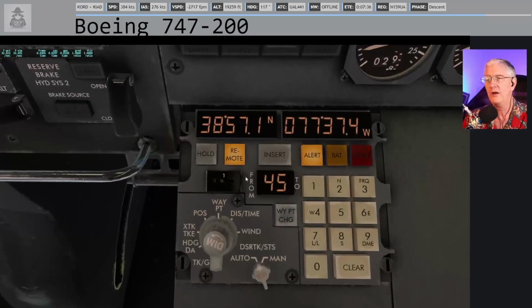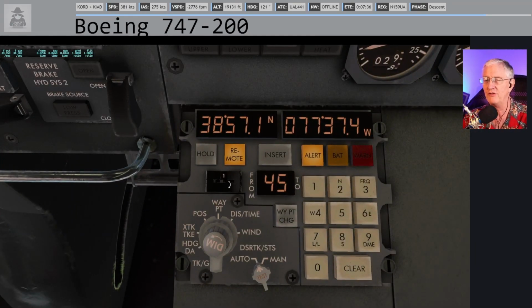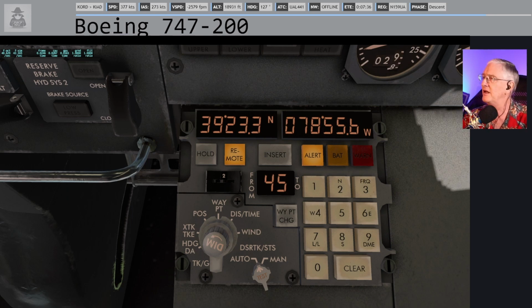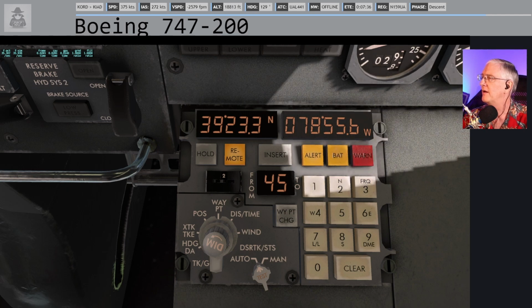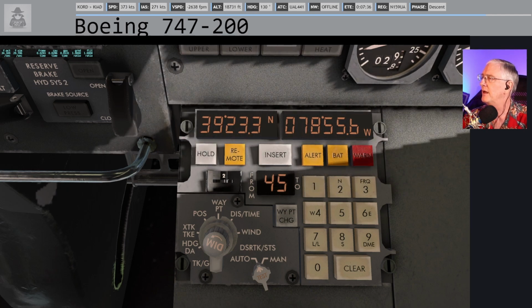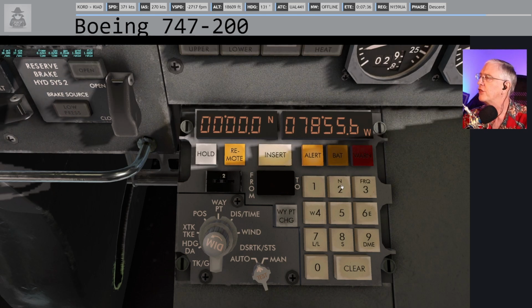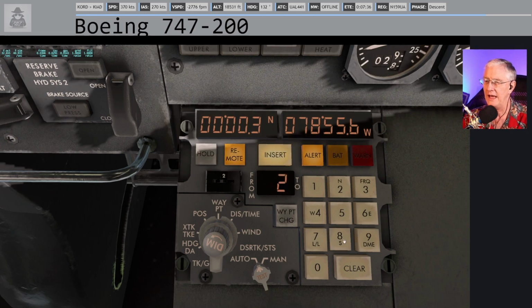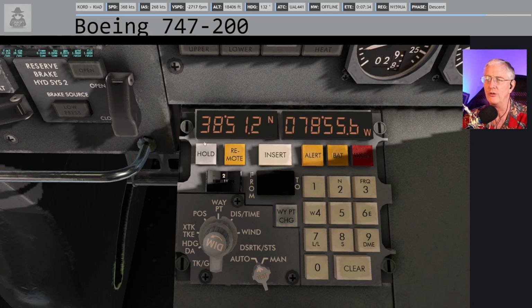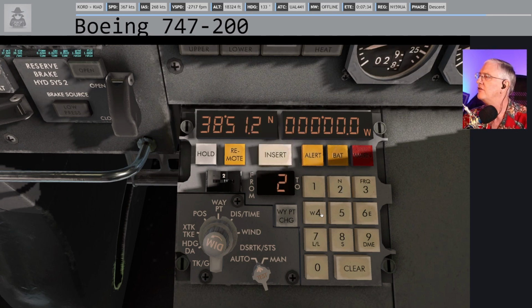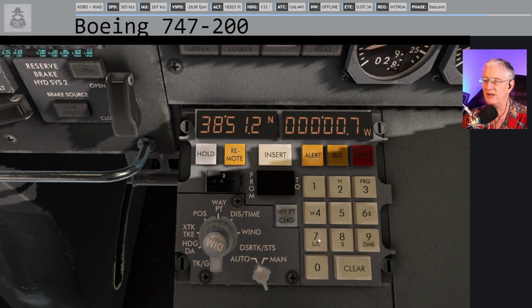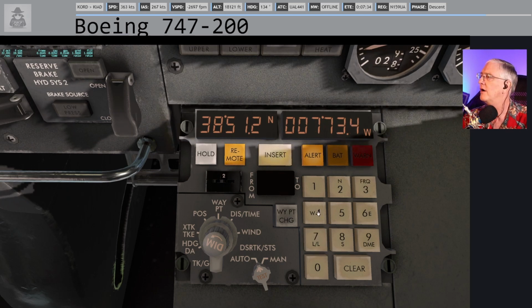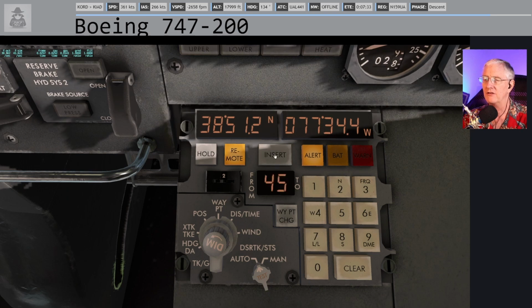We're making a turn. We're going from spot 4 to 5, so let's do waypoint number 2. Let's see, we did 1, so let's get number 2 in. So number 2 is north 38512, west 77344. Insert. And we can also do number 3, and this is the last one, north